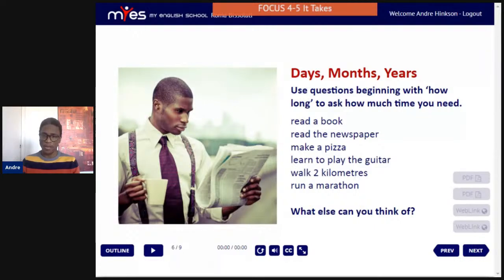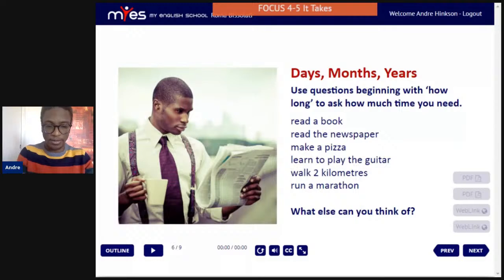So, how much time, right? You can use much for time because time is uncountable. So we use much. You can use how much time it takes to read a book or how long it takes to read a book. So we have how much time it takes to read a book, or how long it takes